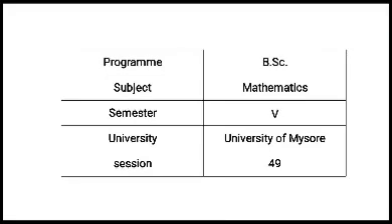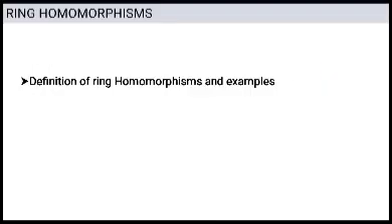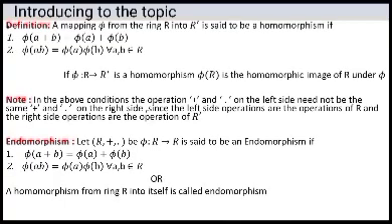Hi everyone. Today we discuss one of the important topics, homomorphism, ring homomorphism. First we see the definition of ring homomorphism. A mapping phi from the ring R into R dash is said to be a homomorphism if it satisfies the following